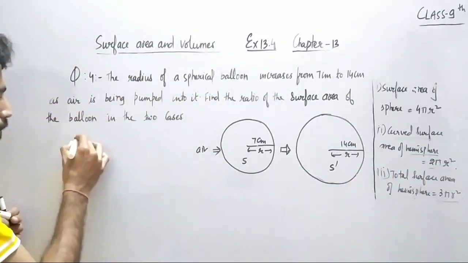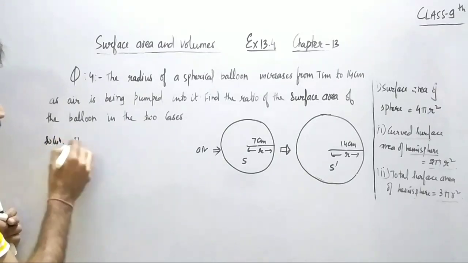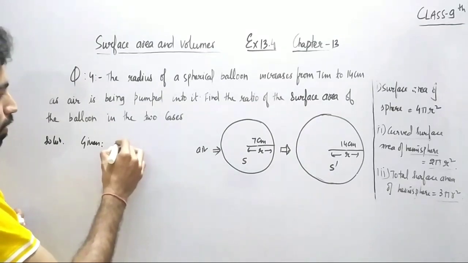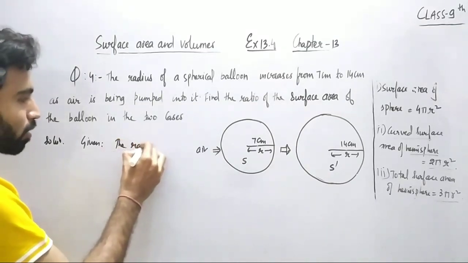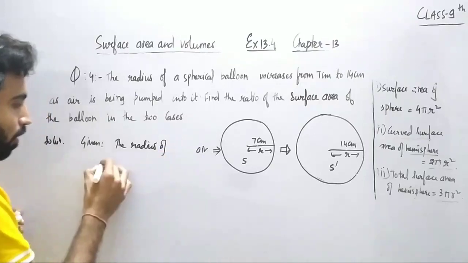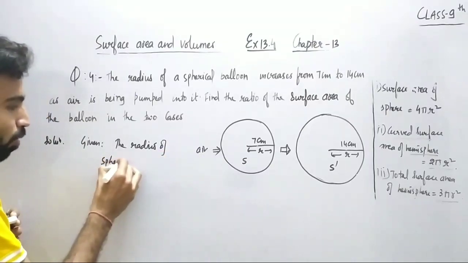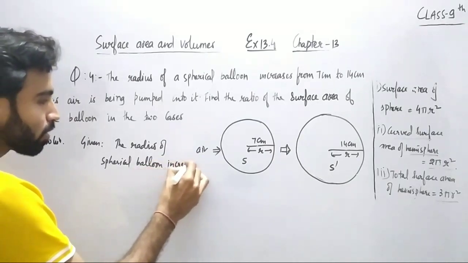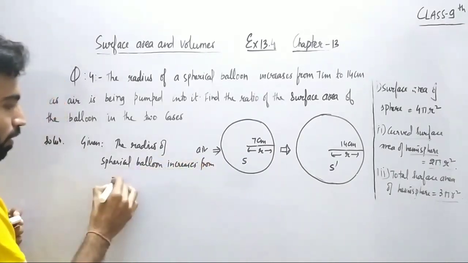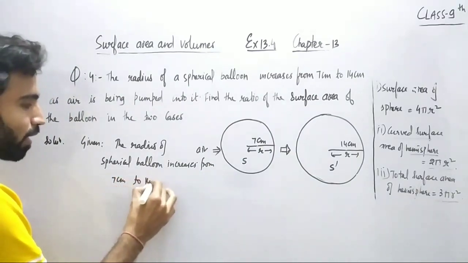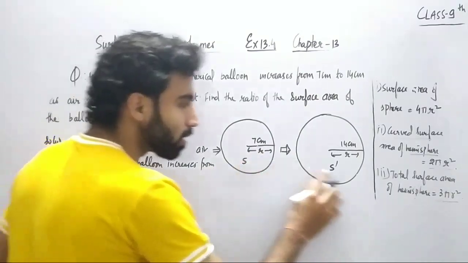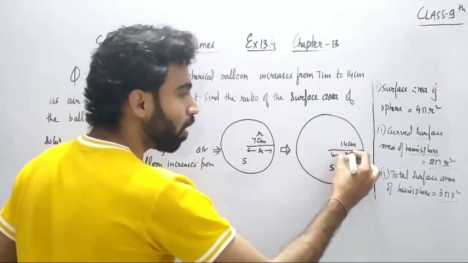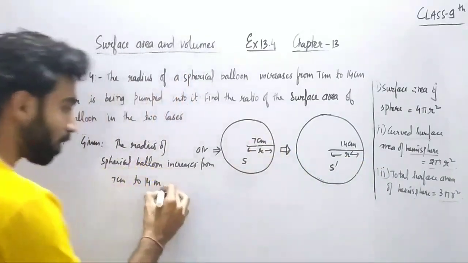Now let me just first start off the solution here. You can see in the given thing, I'm going to write that the radius of spherical balloon increases from 7 centimeter to 14 centimeter. Now जैसा कि मैंने यहाँ पे सरफेस एरिया को s और s डैश असयूम किया, देन रेडियस को भी मैं r और इसको r डैश असयूम कर लेता हूं, राइट? सो नाउ लेट अस